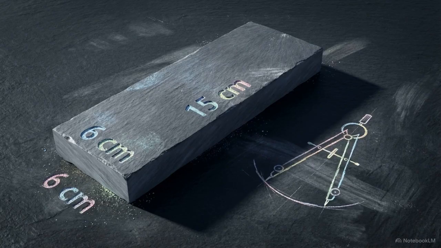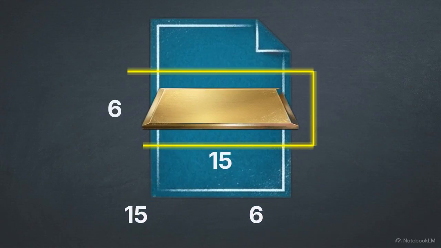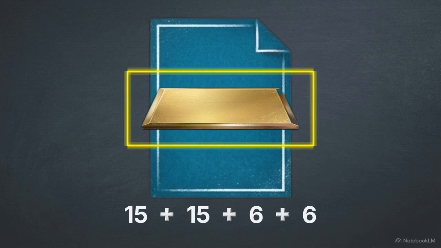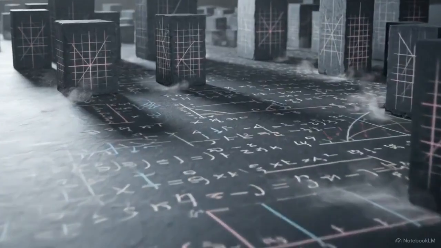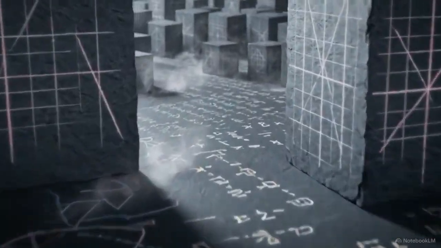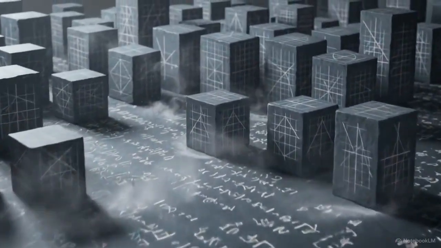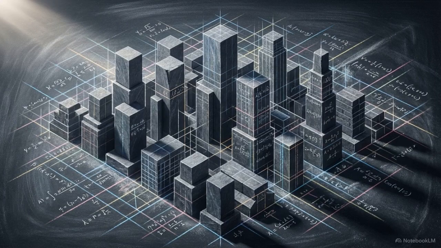With a precise length of 15 and a width of 6, we have the components needed to solve the original problem. As this diagram traces the boundary, we apply the perimeter formula. We add 15 plus 15 plus 6 plus 6. The total distance around the rectangle is exactly 42 centimeters. We mapped a physical boundary we couldn't initially see by translating spatial constraints into an abstract algebraic equation. Algebra and geometry are not separate subjects, but two sides of the same coin. By moving between them, we can determine the